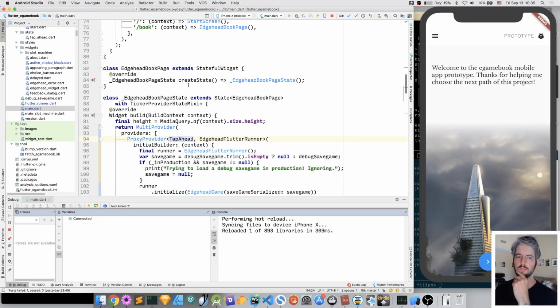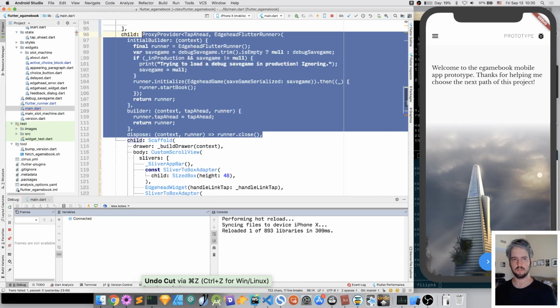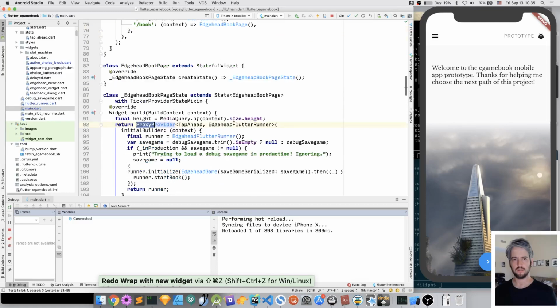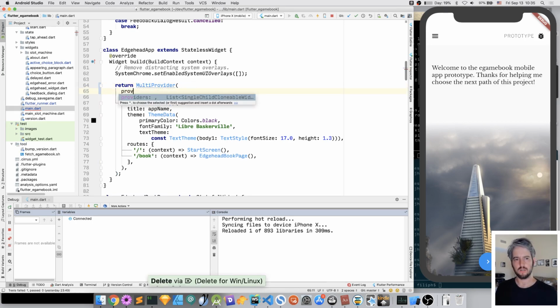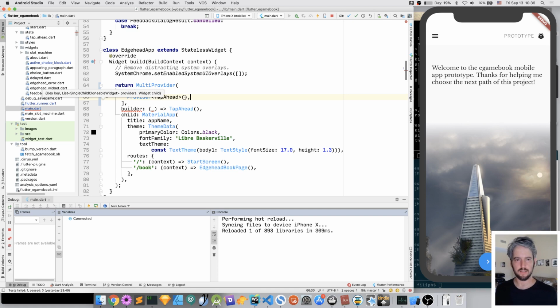Which means I put the multi-provider in the wrong place, I think. Okay, so this should be a multi-provider, and providers is tap ahead. I mean, provider of tap ahead. This is us just providing